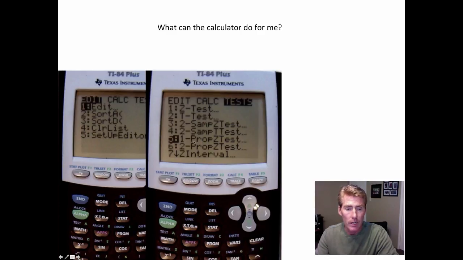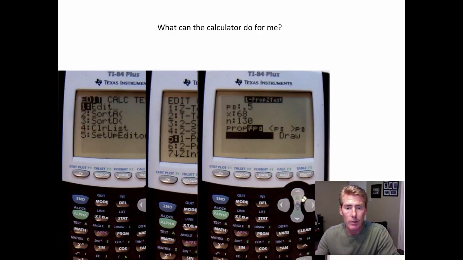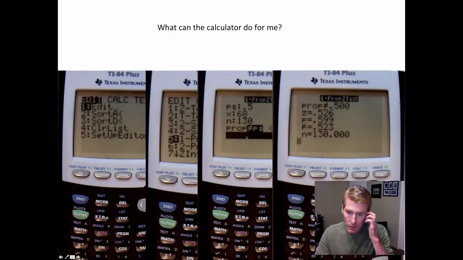Okay, yeah, I use this. And did I have one group or did I have 2 groups? No, there's just optimistic people, so I only had 1 group. Okay, it's number 5 right here. So you would choose that. Then you just need to type in this right here is saying, if you were to look at H sub O, what is the percentage? So 0.50. So these are the successes out of the sample size, and then put calculate. So it will tell you the z value,